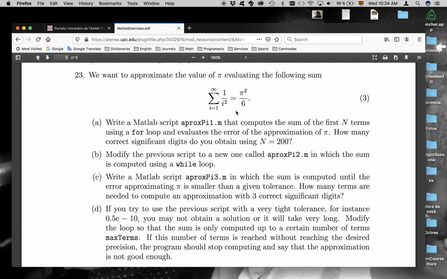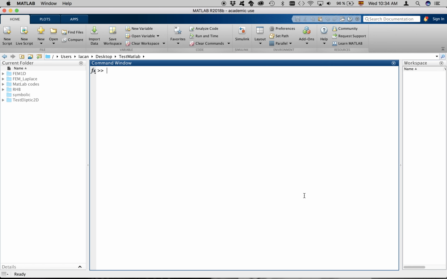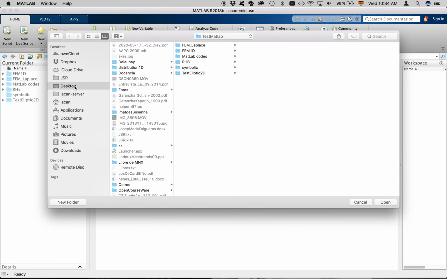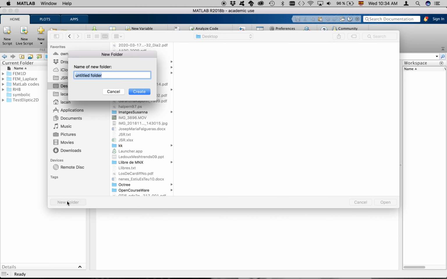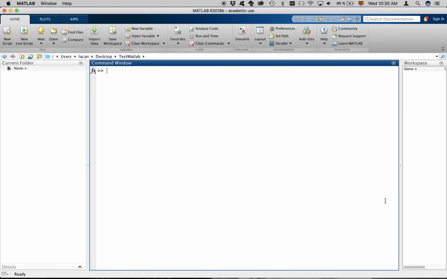Okay, so what we will do is start our MATLAB session. First of all, we will set our default folder. In my particular case, I will select the desktop. Inside the desktop, I will create a new folder called exercise number 23, x23, and I set this folder as my default or working folder. Then I will create a new script